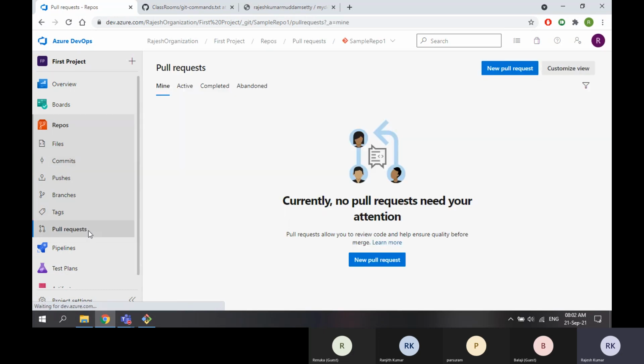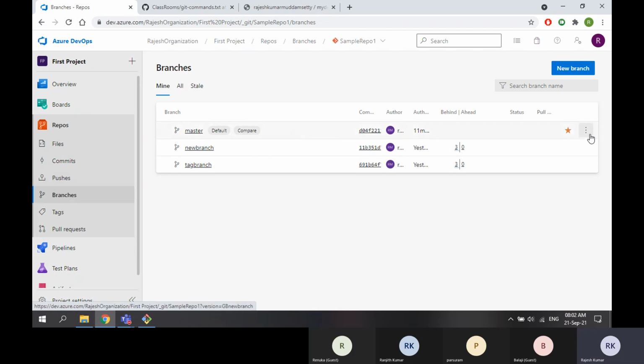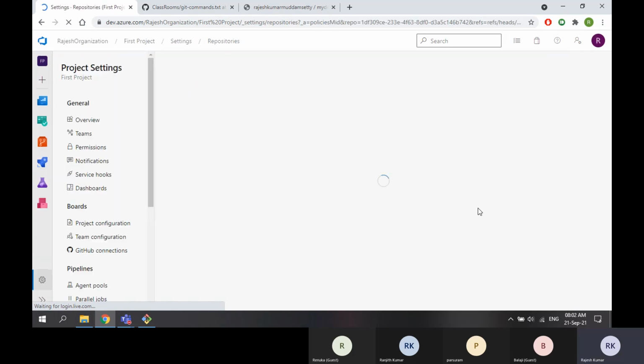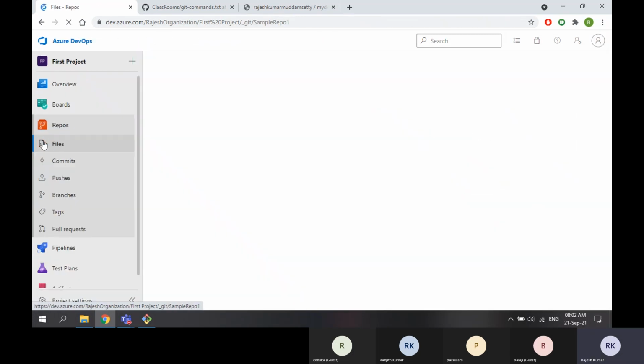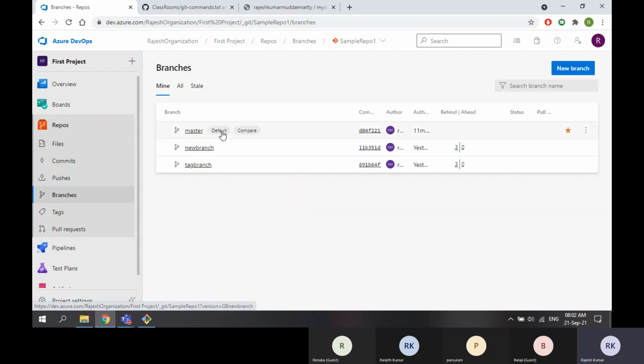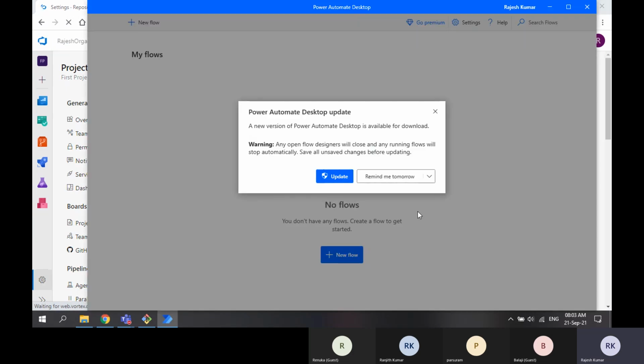Now what will we do? To enable pull requests, if you want to make people raise a pull request, what do I need to do? I need to go to branches and enable a branch policy. So don't get confused, guys. I might have directly gone onto this. First, you need to go to branches. So this is your master branch. Here we have the ellipses, and there you can see all these options. Here we have branch policy, so I'm going to branch policies.